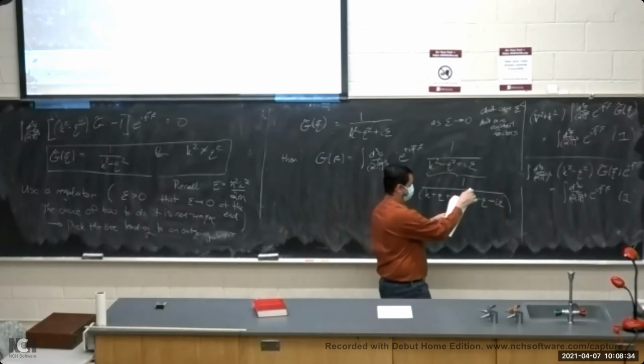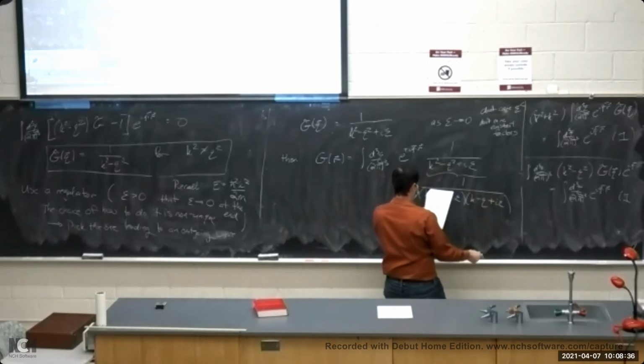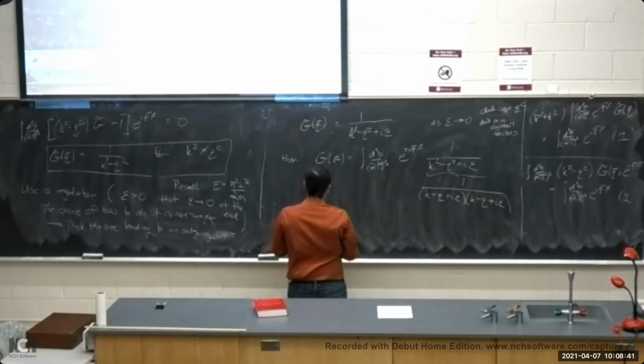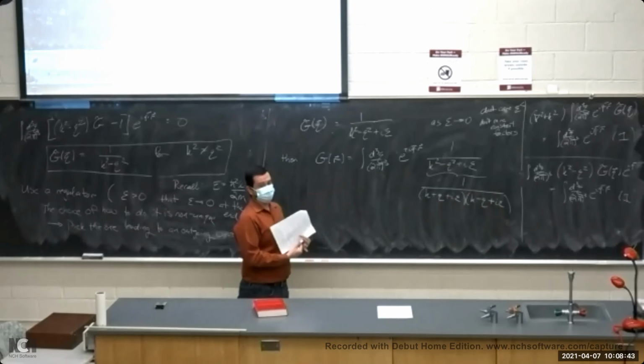I've got something inconsistent in my notes here. I think plus is the one that I want here. We'll find out in a second. I think it's plus. Okay, so the point of this is that I can do the Fourier transform now by